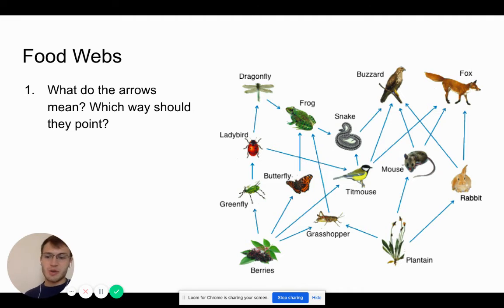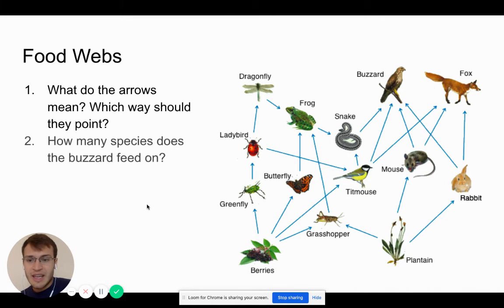So we would want to draw the snack, and then the human, we would want to draw an arrow pointing to the human because we get all of those calories and all that energy. It's the same thing in a food web. For this frog, the butterfly is like a snack. So all of the energy from that butterfly goes to the frog. So the arrow always points to the predator, right? And let's also take a look at, let's try to read the food web a little bit.